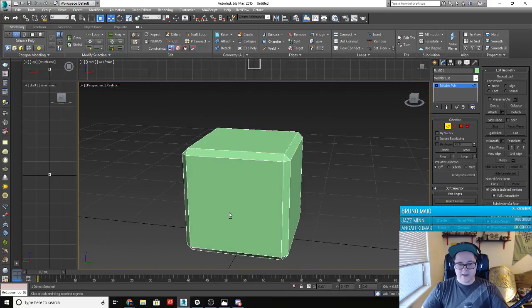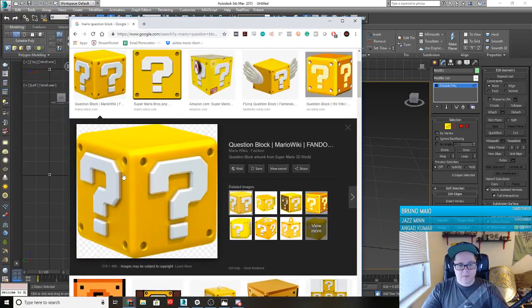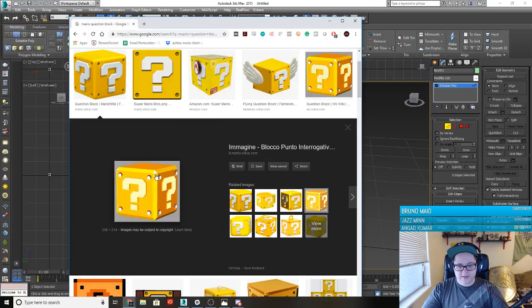Okay. Our box is chamfered. What do we do now? Well, if we look at the question mark blocks again, I'll just leave it over here. We have the chamfer here. Ours is going to be a little harsher. It's probably going to be more along the lines of this guy. It needs these rivets and or